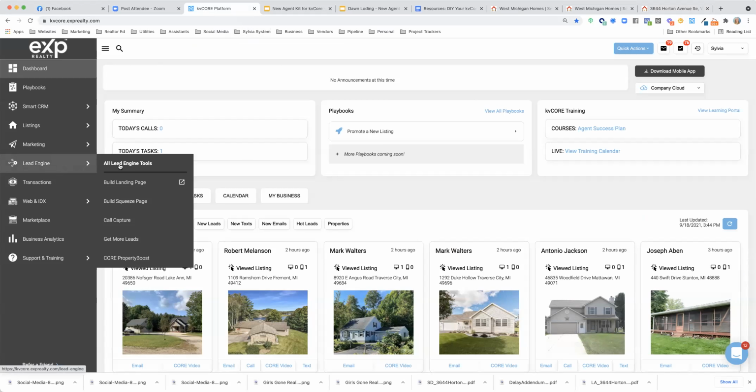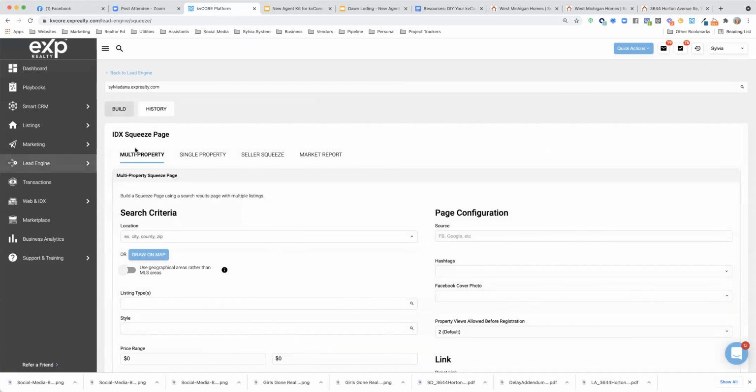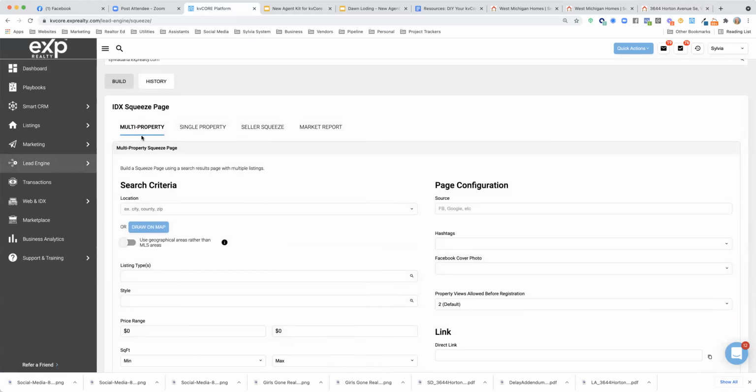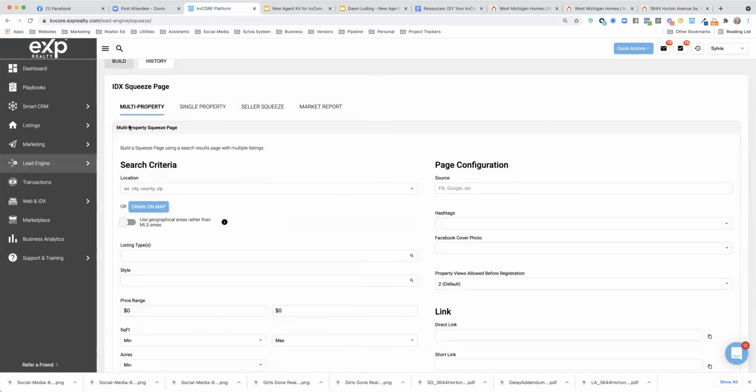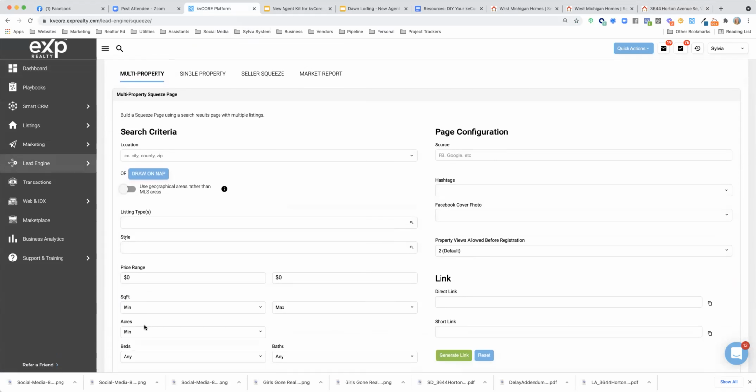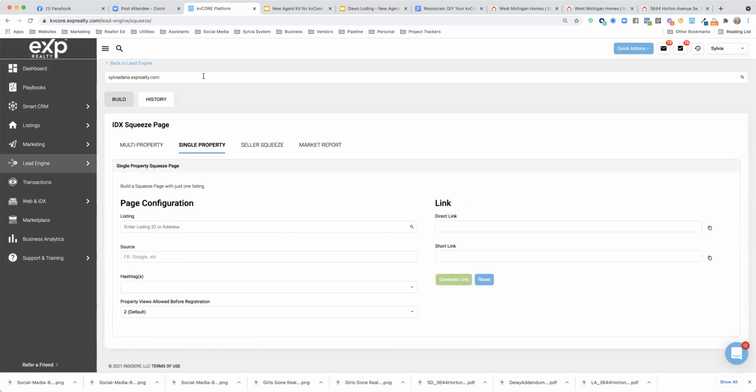tools, you're going to go to the lead engine. You can go to the squeeze page area and you'll see it says IDX squeeze page here. There are multi-property squeeze page options. This is like if you wanted to create a list of open houses in your area, all the homes with pools in a certain zip code, all the homes in a certain price range in a certain city, lists of properties that meet certain criteria, or a single property squeeze page where you're promoting a specific listing,